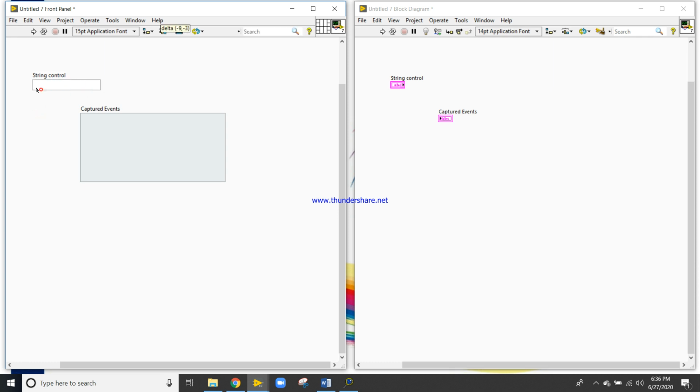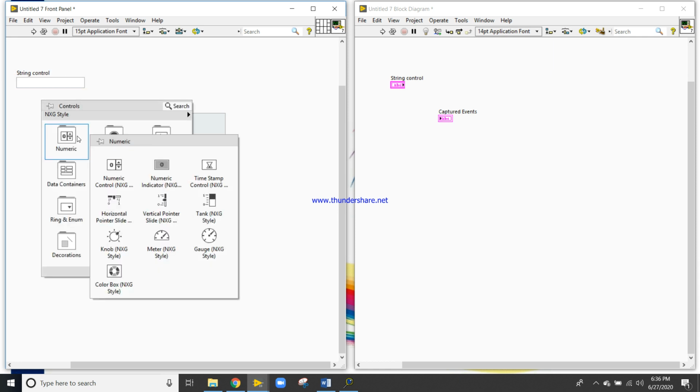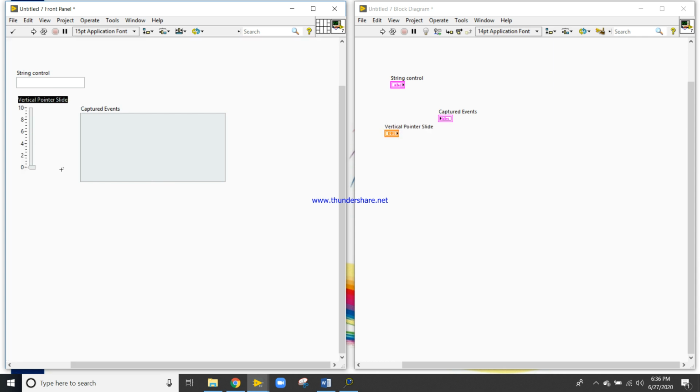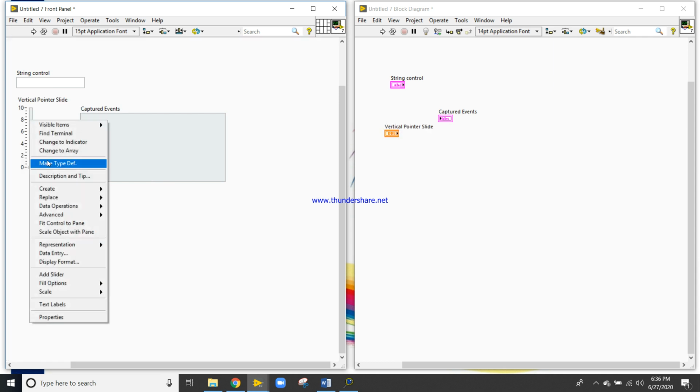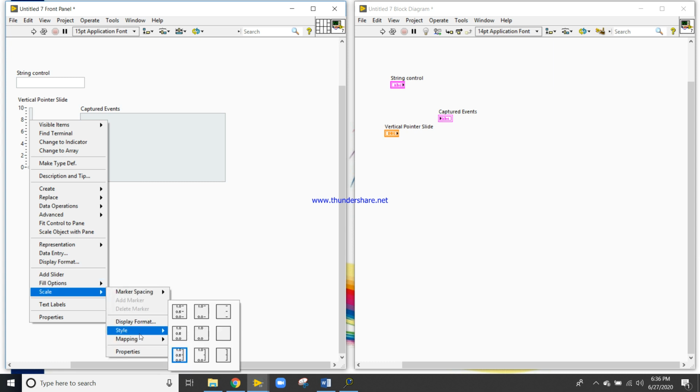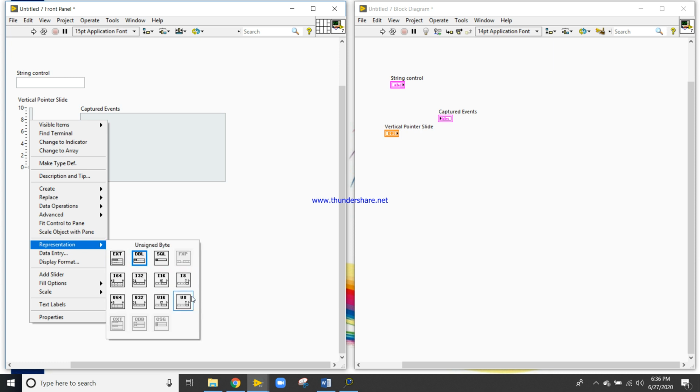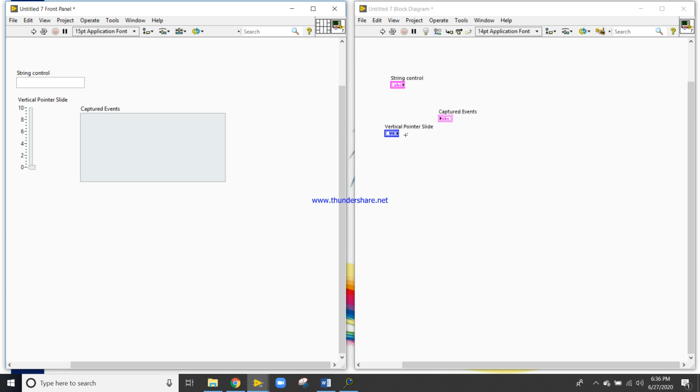Now the third thing: right click, take a vertical pointer slider. Right click here, scale. We can change the representation also.